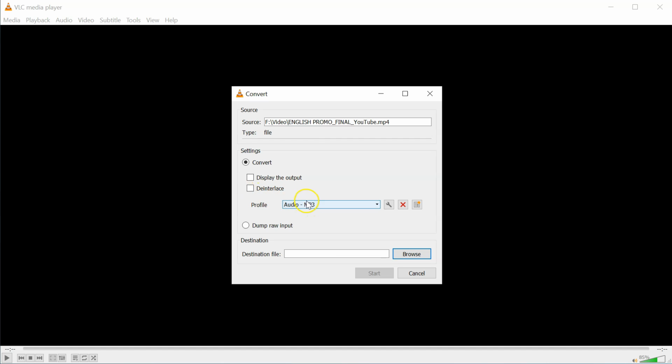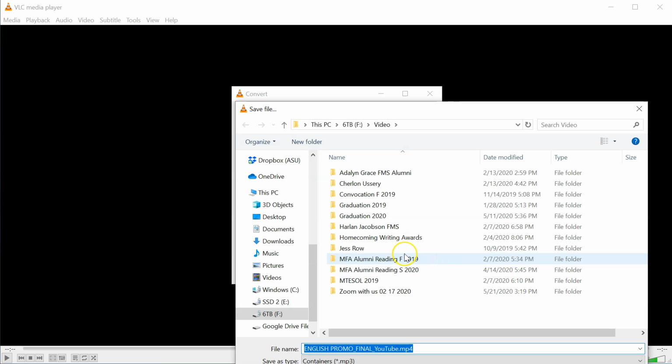What you need to do is be sure to change the profile to the appropriate type of file that you want. In this case, an MP3, because we just want the audio. We do have to select a destination. So I'll click Browse, and I'll put it in the same folder, but I will rename it with an MP3